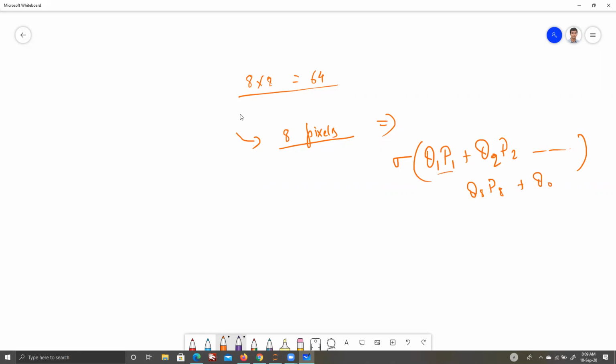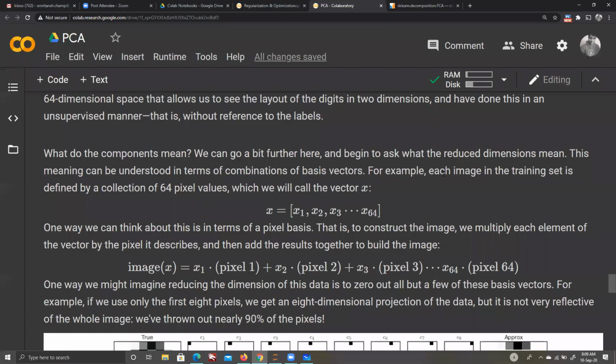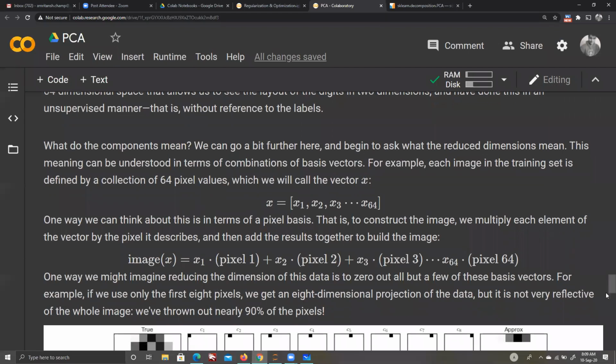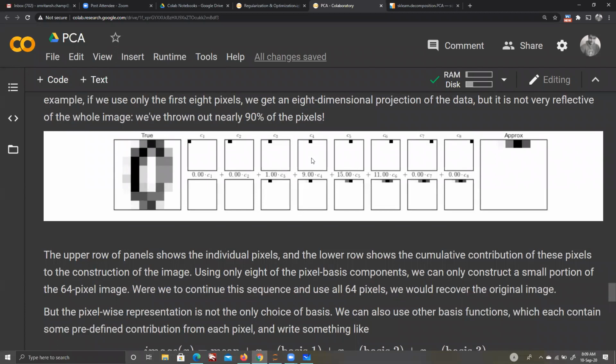Okay, so the idea is if I were to choose just 8 pixels, let's say I were to choose those sequentially. Do you think how much are we getting back here? Look, observe very carefully. So these values are nothing. Okay, so C values are the exact pixel values. No, sorry, C values are your coefficients. My bad, I'm making a mistake here. So C values are your coefficients, and based on your coefficient multiplied by the actual value of pixel, you are gonna get this back.